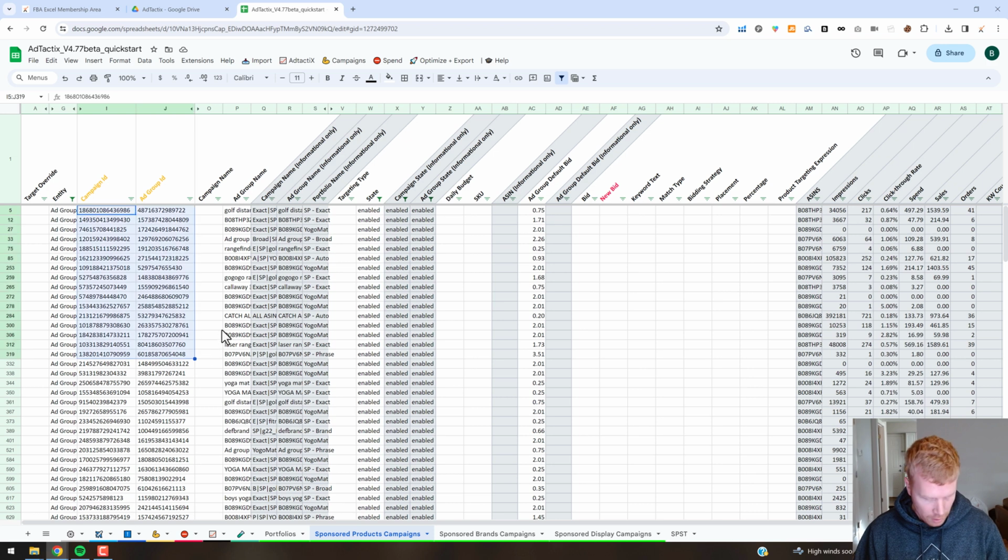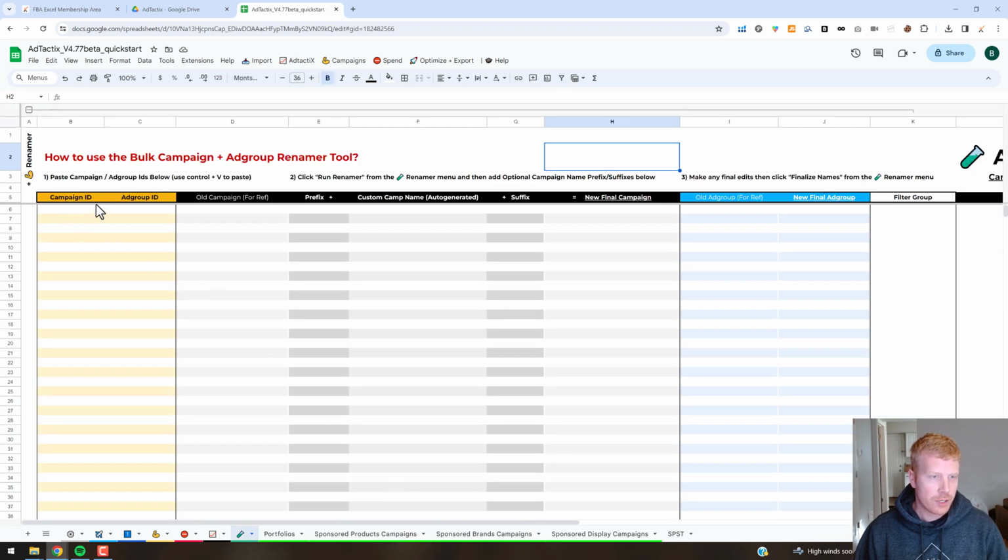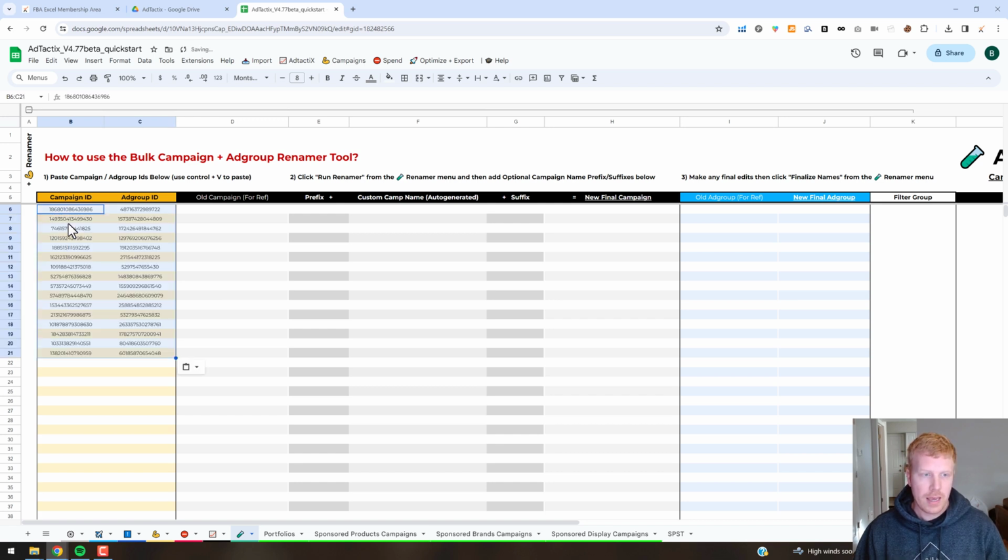I'm just going to do a real dumbed down example in this training, but it should get the point across. So all I did there was copy the IDs. I hit Control-C on the keyboard to copy, and I'm going to hop back over now into the Labs tab, and I'm just going to click here in cell B6 and hit Control-Shift-V as in Victor, and that will